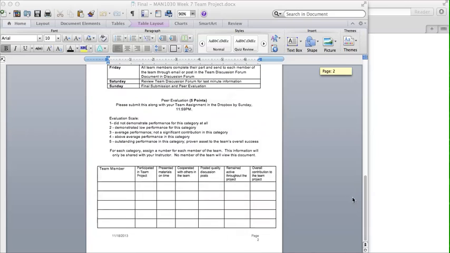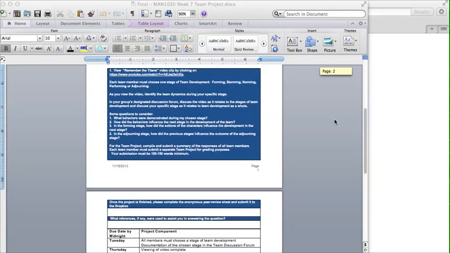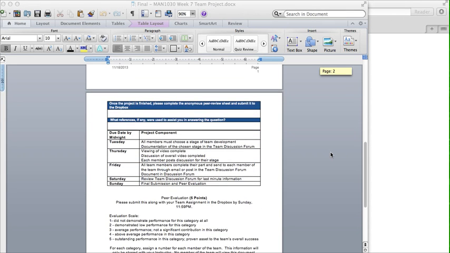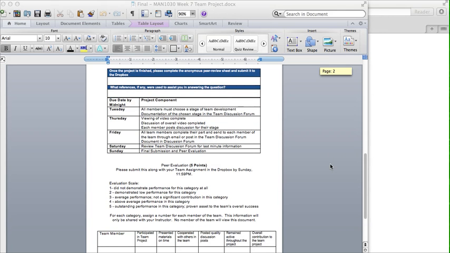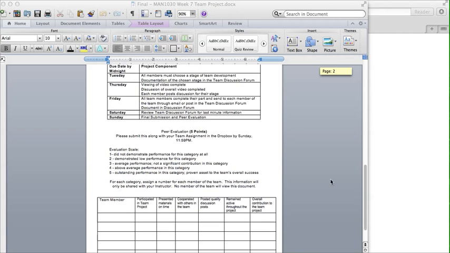Peer evaluation. Actually, this is all in one document, so you can just use this. You can write it out and everything, but you want to make sure that it even gives you a timeline, which is great, but I'm not seeing any posts yet, so I'm a little bit concerned about that. So I'm going to send the reminders today. You really need to get on this as soon as possible. Here's your peer